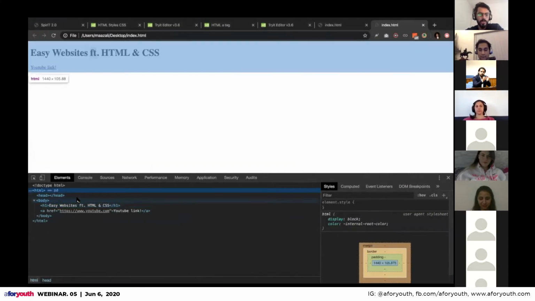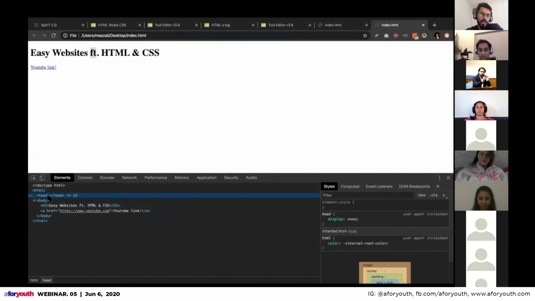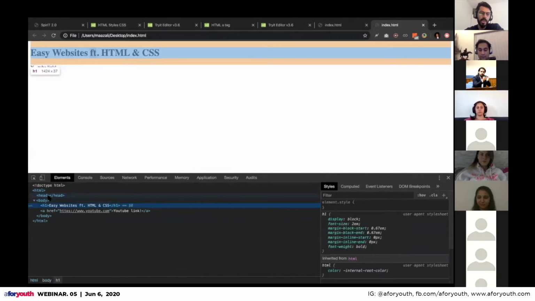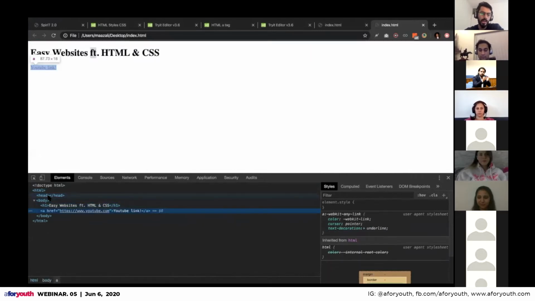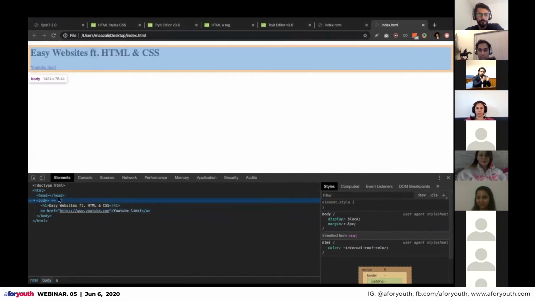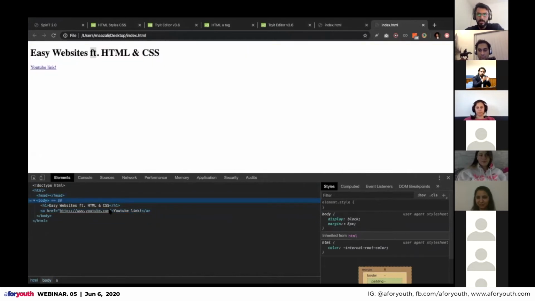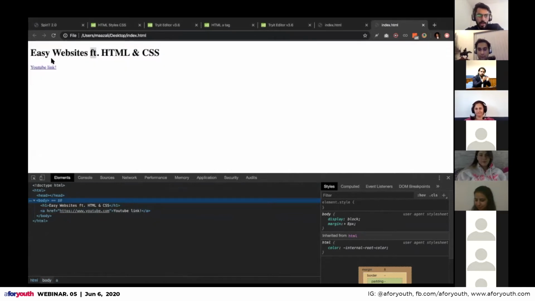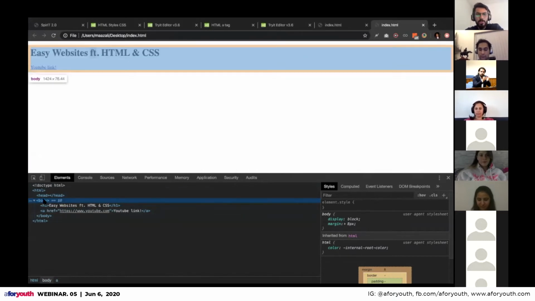There is an HTML tag, then a head tag, then a body tag, an H1 tag, and an A link tag. When I'm pointing on the body tag, it highlights this whole area for me.